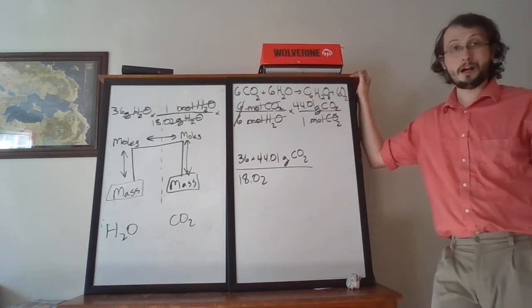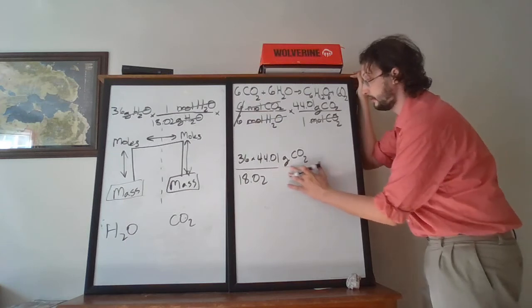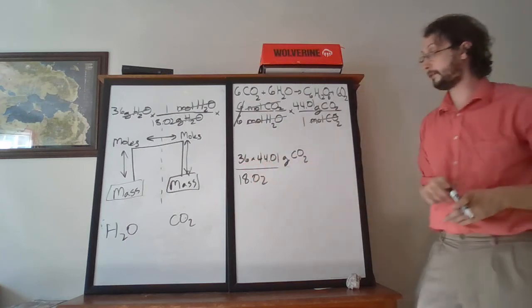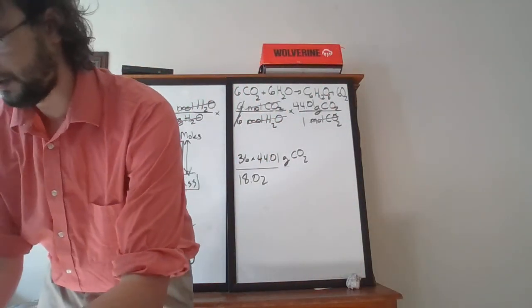So we set up this big problem, a lot of it canceled out, and this is actually all the math that we actually have to do. 36 times 44.01 divided by 18.02. And if you put that in your calculator,